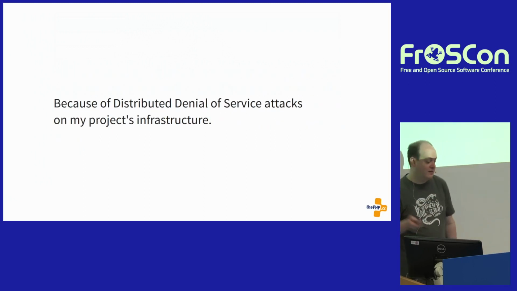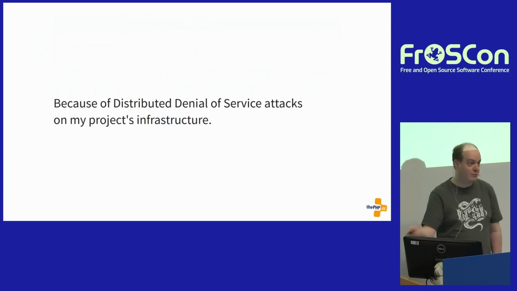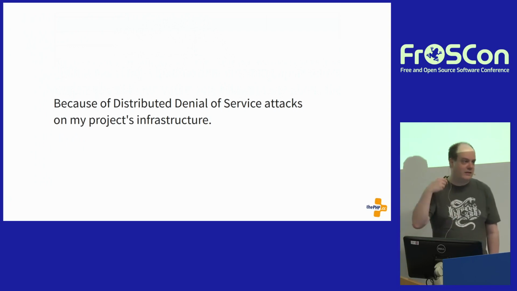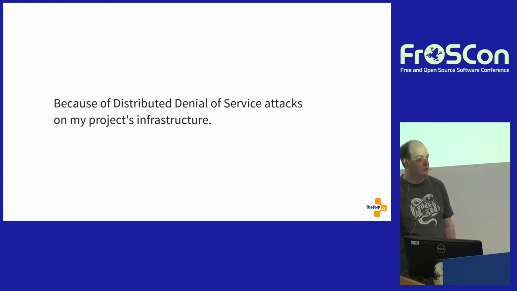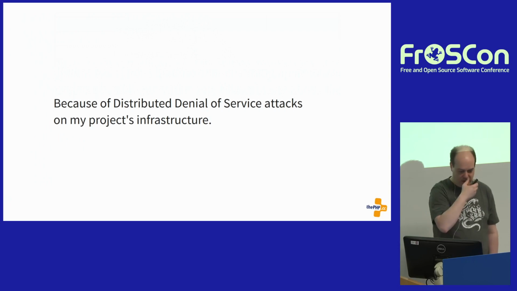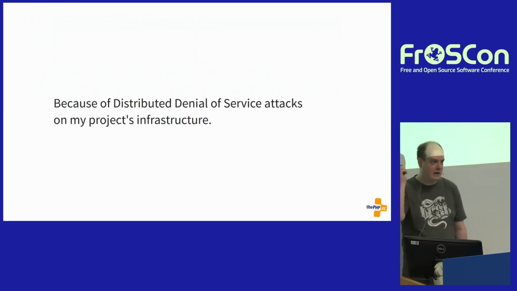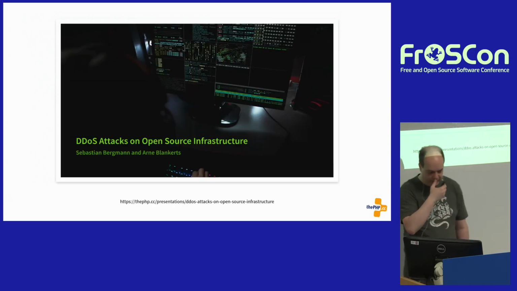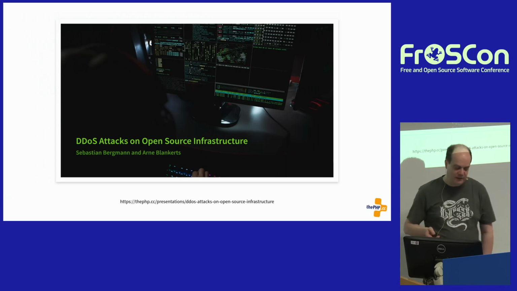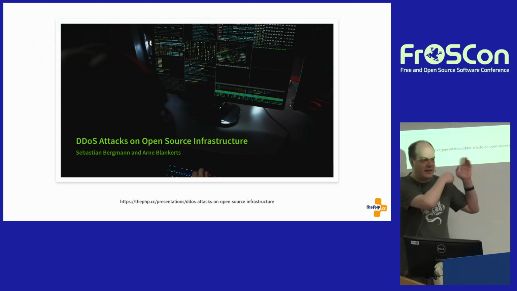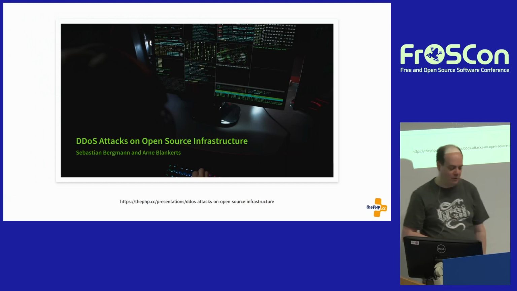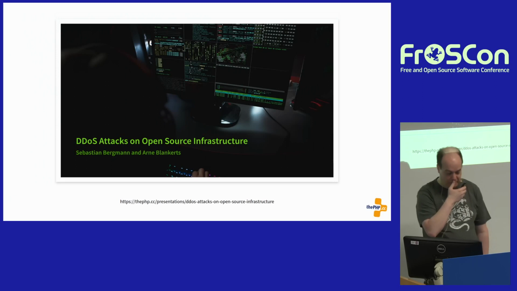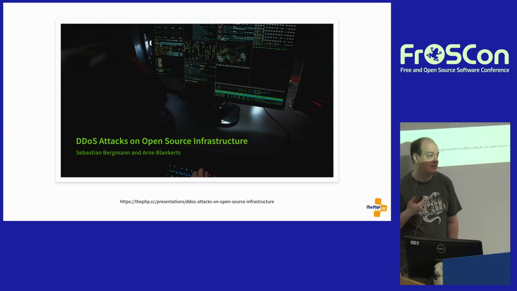For instance, a distributed denial of service attack on my project's infrastructure, alongside emails and issues on GitHub that I had to report and delete, and threats on my life, threats with violence and whatever. Let's not talk about those nasty details. Basically, the attack is still going on, but it's behind Cloudflare now, so I don't have to care about it every day anymore, so that's good. But that things like that happen is not nice.